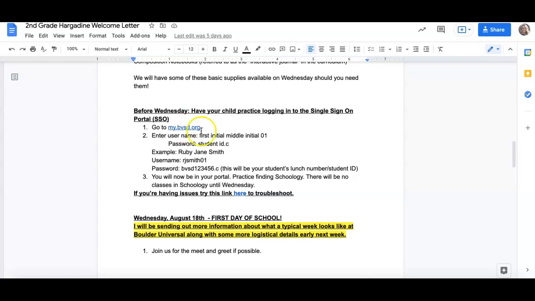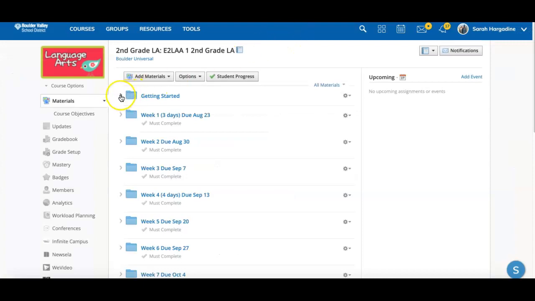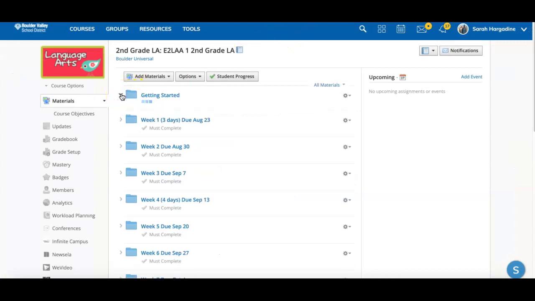If you're having any issues, your teacher will have shared a troubleshooting guide for you to check on changing or trying a few things before reaching out. However, if you do continue to have issues, please connect with us and IT and we'll help you get that sorted. Once you are logged into the class, you'll see some getting started information,